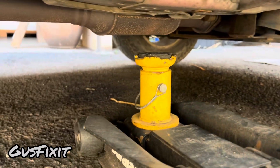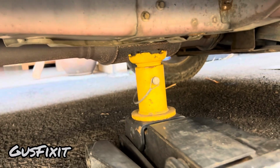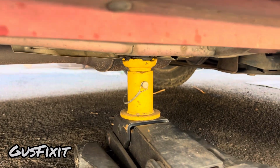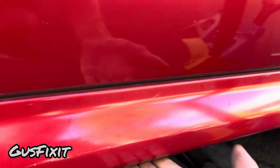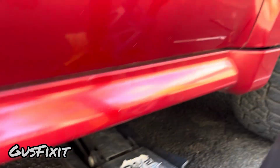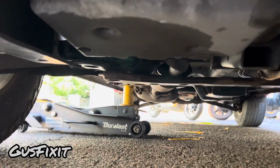We're gonna place it on the frame. You guys want to make sure it's on a solid surface, strong solid surface. You guys don't want to put it on the plastic side because it's gonna break. And also you guys want to make sure that you don't place your jack